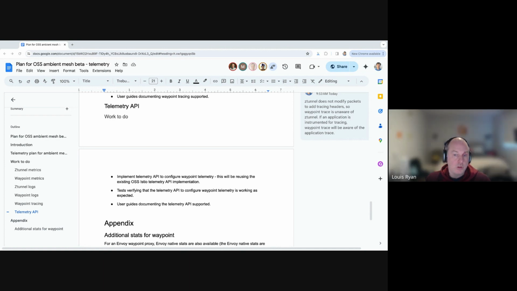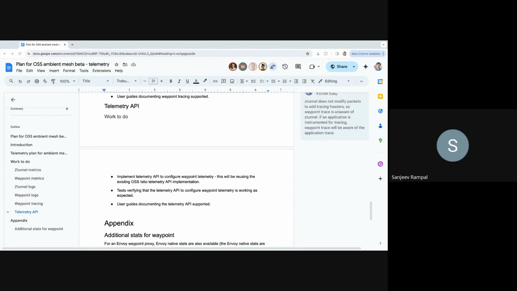We do. ztunnel probably could, right? Because it's running on the node and it has privilege, so it probably could do that. It could map ephemeral port back to process ID. I'm not sure it makes sense to do it, but it could. Waypoints definitely can't. Right, so it would be restricted to TCP. Yeah, so we could just document that at the moment we don't do that, but if somebody comes up with a need for it, then it could be done in the future.